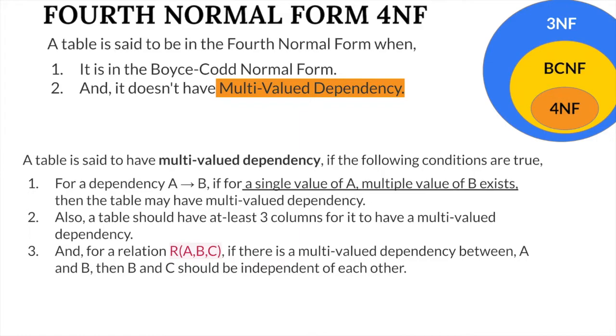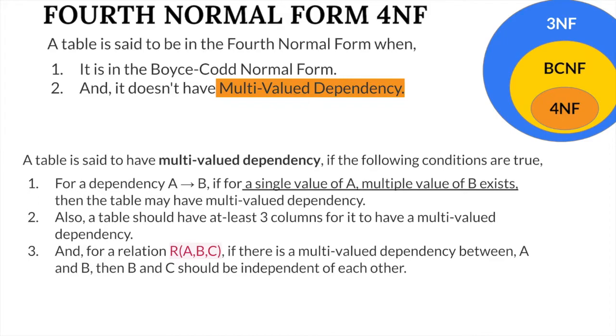And yung fourth normal form is mas stricter than the Boyce-Codd normal form. So, yung condition ay, it should be in the Boyce-Codd normal form and it doesn't have multivalued dependency. So, this is another type of a functional dependency na tinatawag na multivalued dependency. So, ano ba yung definition ng multivalued dependency? A dependency A to B, or B is functionally dependent on A,